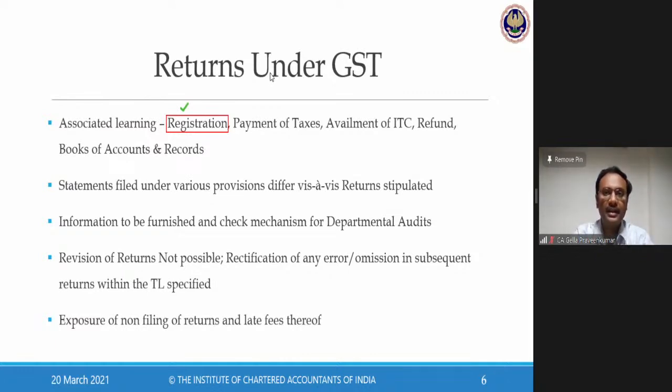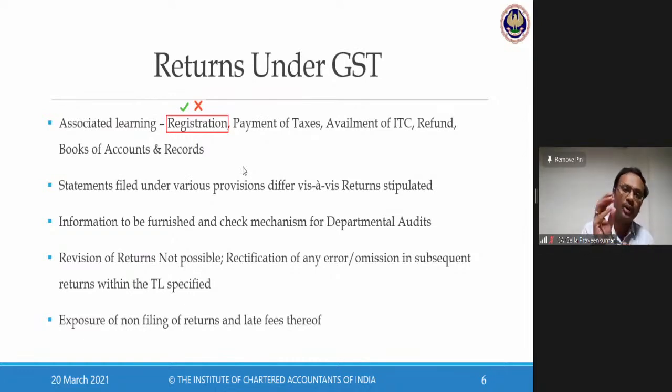At the same time, if I fail to file my returns in a timely manner, the officer is going to cancel my registration under section 29. We have all read these provisions of registration under GST law. Also cancellation: one is suo motu cancellation, second, by an order by the officer concerned. So why will the officer cancel my registration? Because I have been a continuous defaulter.